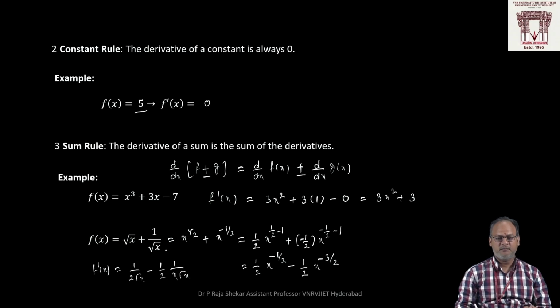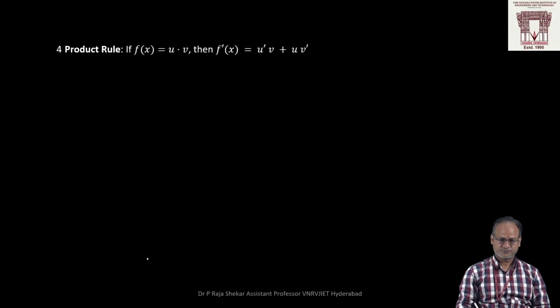Same lines, the number of terms may be any. So in the first example, we have 3 terms, x cube, 3x and 7. In the second example, we have 2 terms, root x and 1 by root x. The number of terms may be any. In order to differentiate such a function, the number of terms can be differentiated separately and we can sum up. Okay, and the next one,